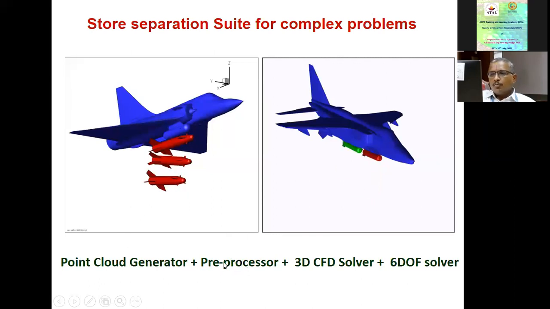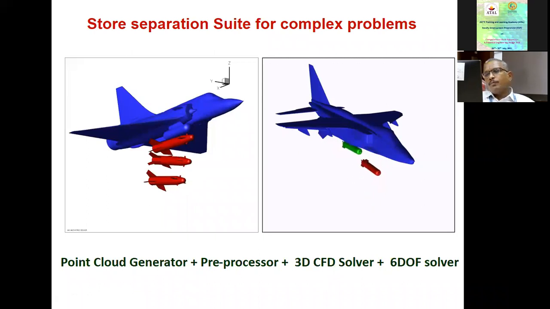Then once these two tools operate, we get a cloud of points. On that cloud of points, we will run our 3D CFD solver. Once we get results, they are in terms of our basic quantities of flow, that is, you get pressure, density, temperature. So you get the solution for a particular configuration, meaning for a particular position of the body. Once you get that, you will be able to get derived quantities such as force and moments.